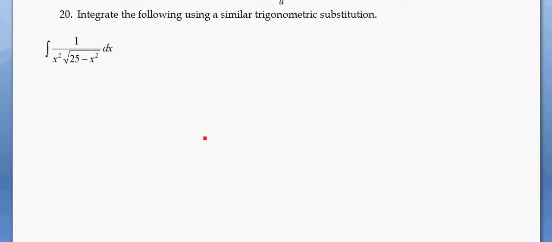Okay, let's look at this example. Let's notice that we have a difference of perfect squares. So when we see the difference of perfect squares, the subtraction, that tells us that this expression is a leg